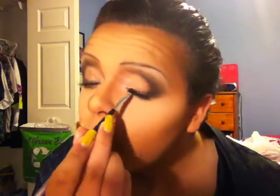And then last thing I'm going to do is take a tiny bit more of the dark black and just bring it right along the top of my lash line, just to fill in the color a tiny bit more, to make my top lashes look thick as well. I think this looks really natural and really pretty and really